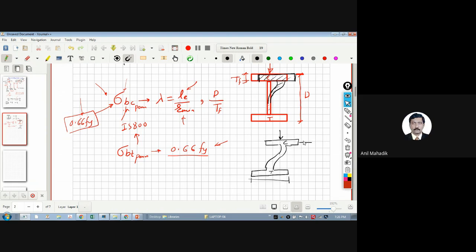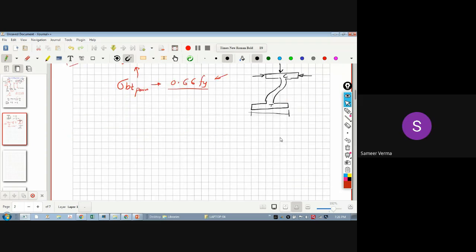You can support this like this. You will provide certain support over here. If you give support here in the lateral direction, then it will not buckle. So I will show you. In steel structures, we know that generally there are